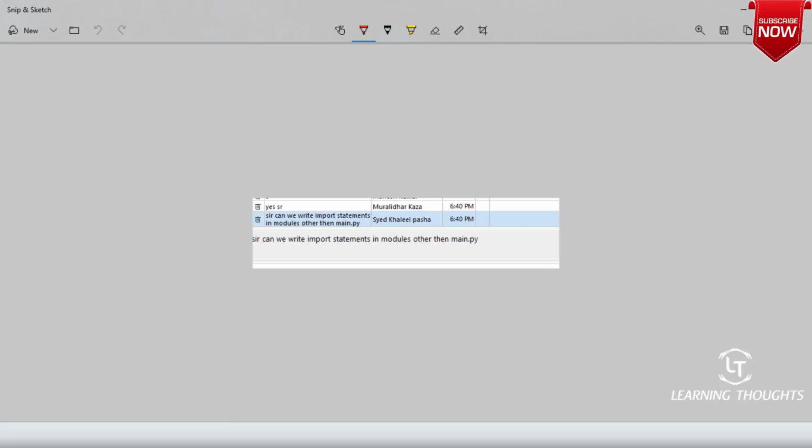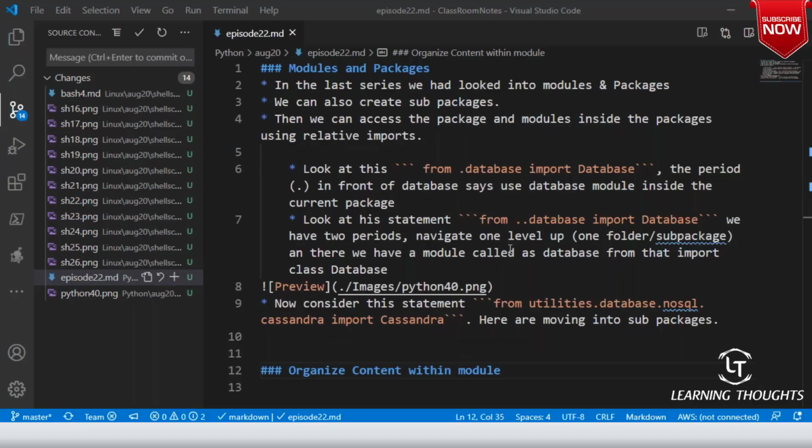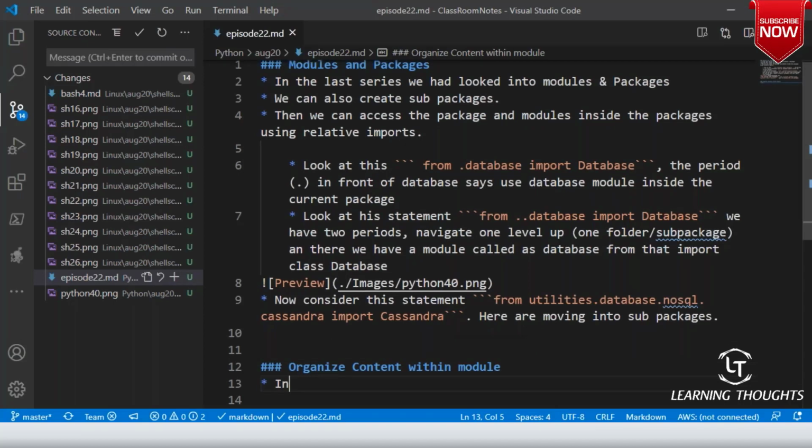Now, whenever we are trying to organize the module content, how should we do that? What can we have inside a module? A module is a Python file.